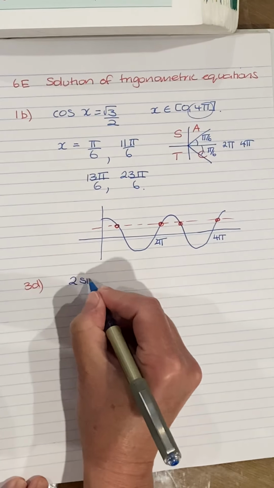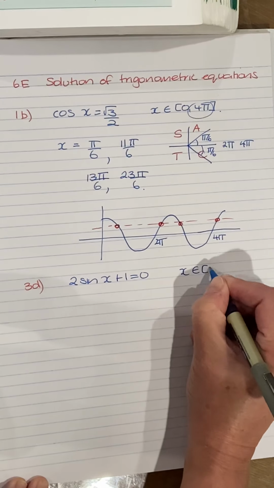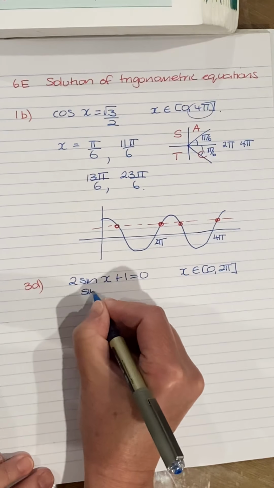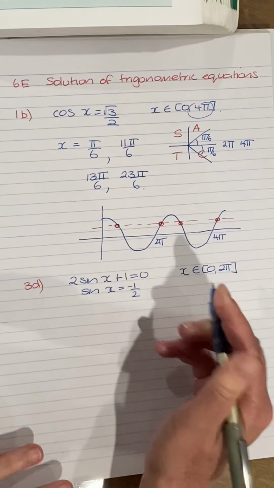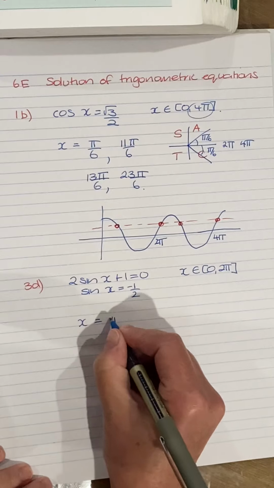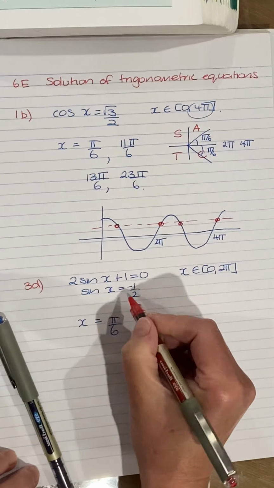It's 2 sine x plus 1 equals 0. And this time our domain is 0 to 2 pi. So when we rearrange, we get sine x equals minus a half. Don't worry about the minus yet, we'll just worry about the half. The sine of what gives us a half? Well, I know my base angle is going to be pi on 6. So you go, the sine of pi on 6 is a half, but in this case it has to be